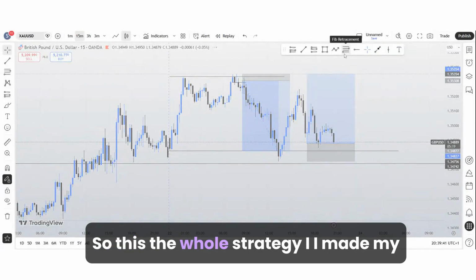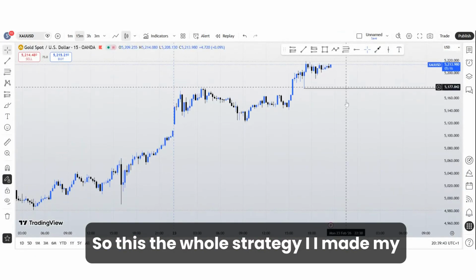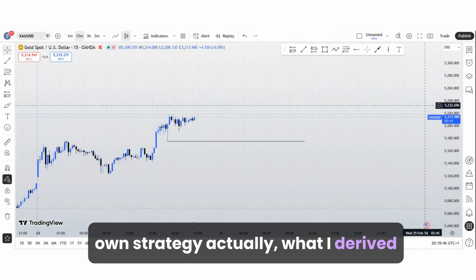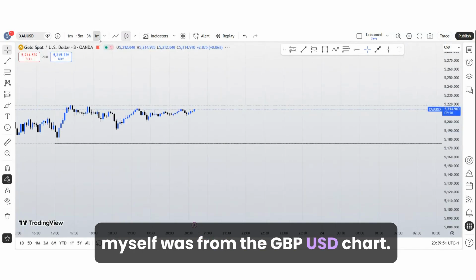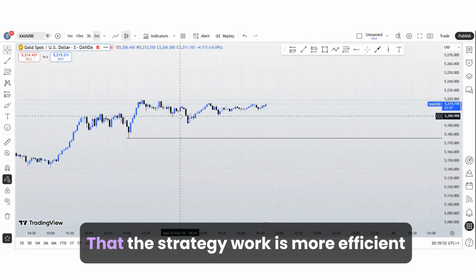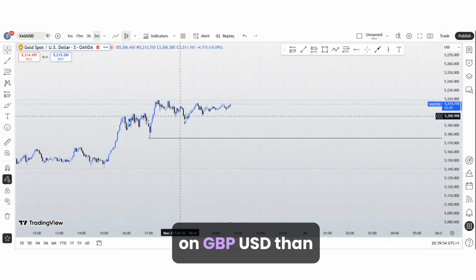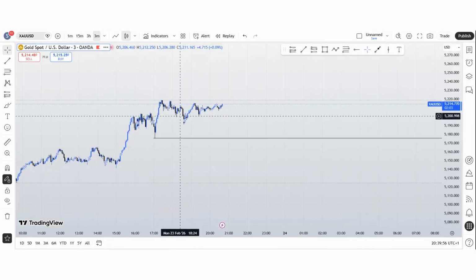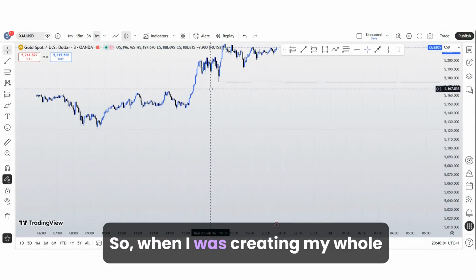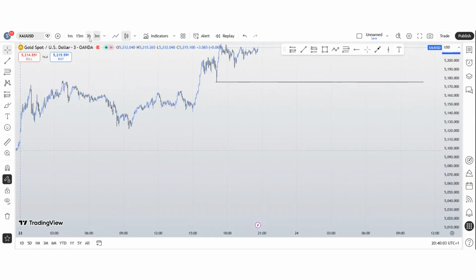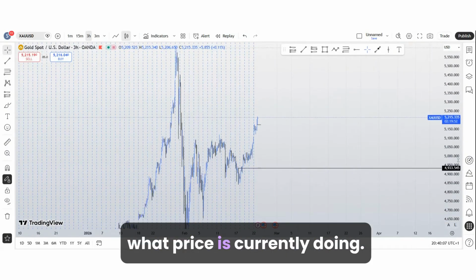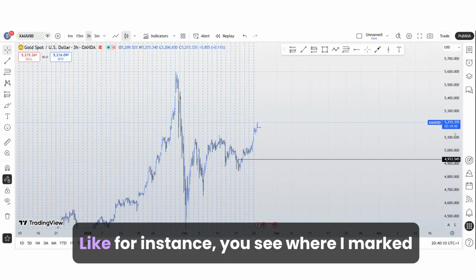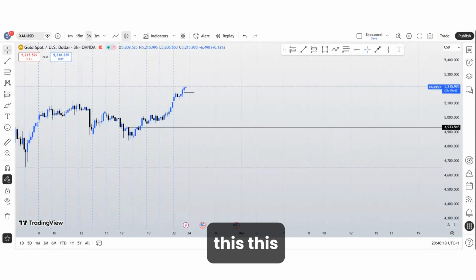So this whole strategy I made, my own strategy actually, what I derived myself was from the GBP USD chart. The strategy is more efficient on GBP USD than gold. So when I was creating my whole strategy, the only thing I was paying attention to is what price is currently doing. Like for instance, you see where I marked